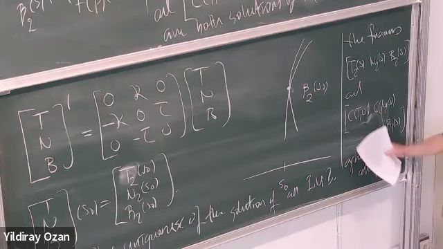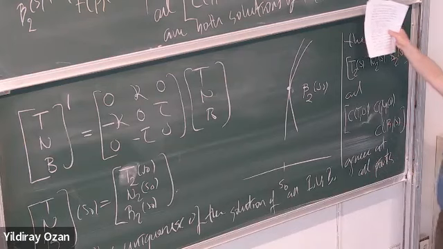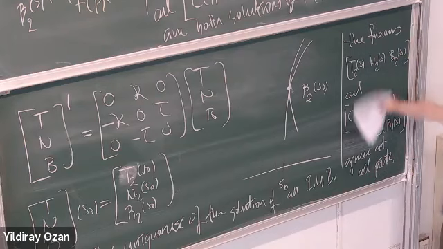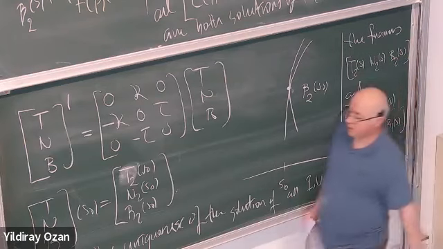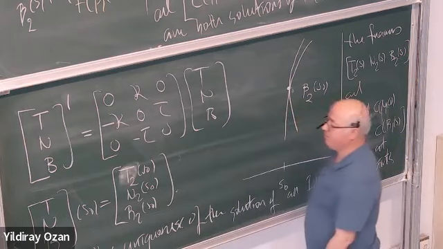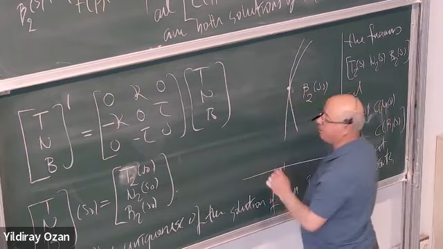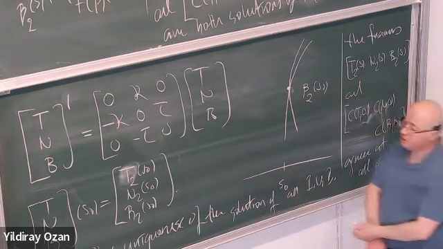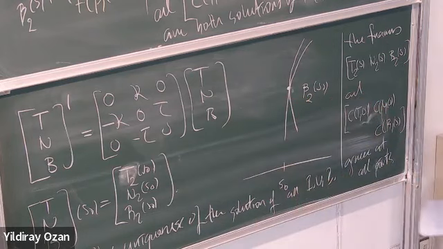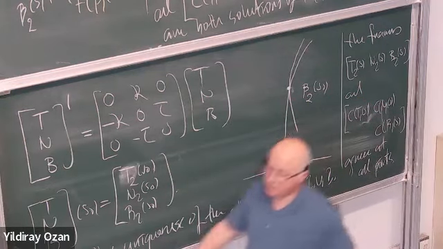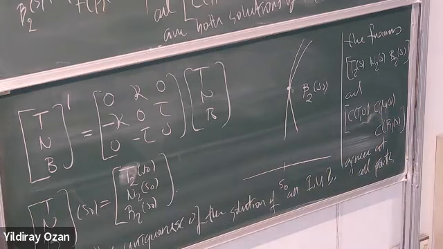Değil mi? Bir noktada eşitlerdi birbirlerine. Ama değil mi? They are the same at one point, but they satisfy the same differential equation, first order equation. Therefore, they must agree at all points. So the conclusion is that